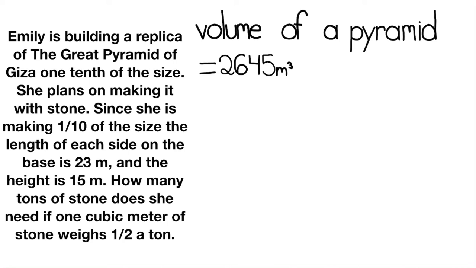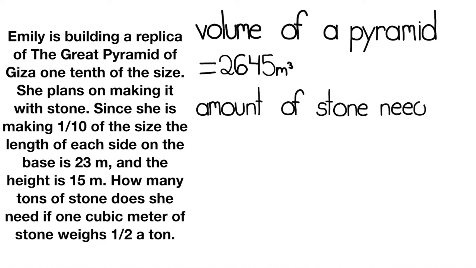to find the amount of stone needed to make the replica of the Great Pyramid of Giza. What we're going to do is multiply it by 0.5, because for every cubic meter, right, there is half of a ton of stone, right? So what we're going to do is multiply by 0.5 tons over meters cubed, which would look like this: